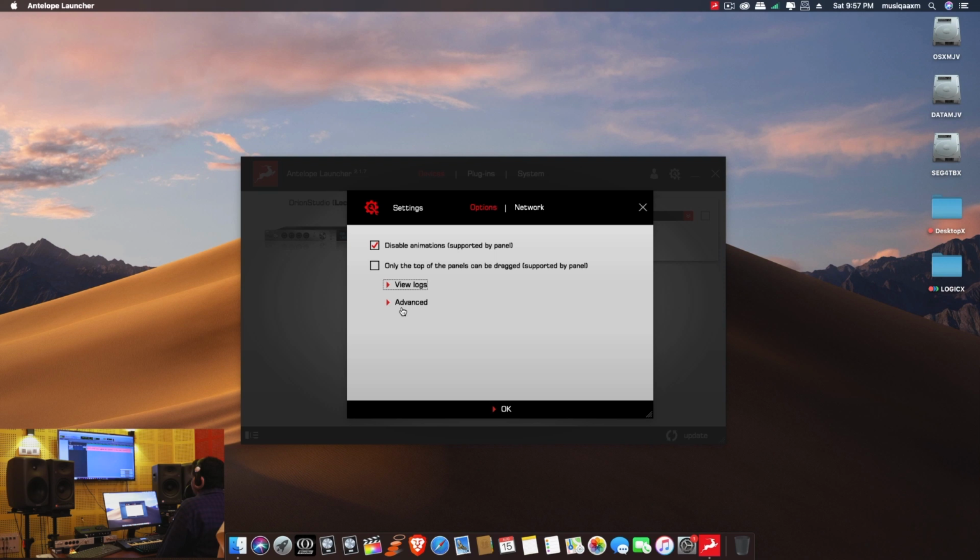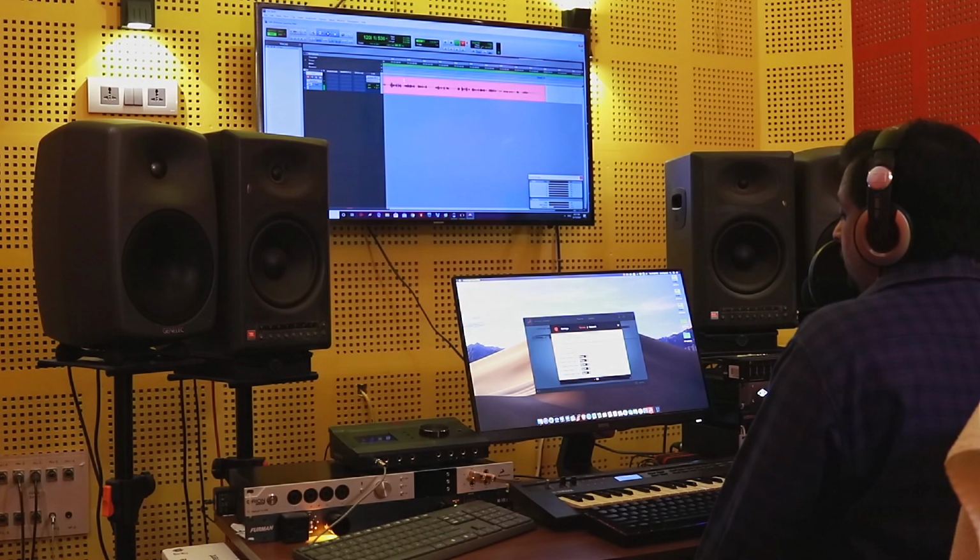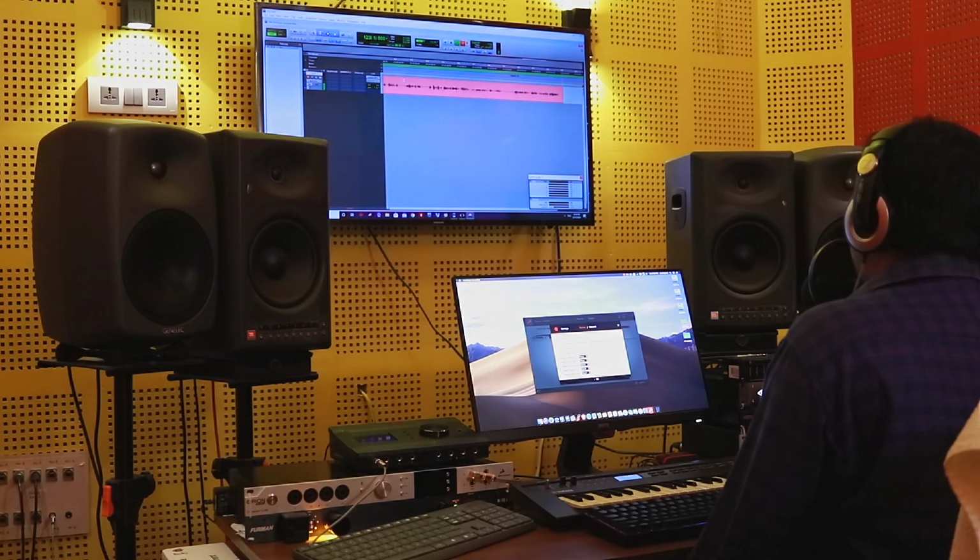Next we have some advanced options. In these advanced options, I have turned off everything. Normally if you update your launcher, or if you are doing a fresh install, it will be in the on position always. I prefer to turn off everything because my device has all the updates. The device is fully filled with the available effects, and it's pretty much saturated. So I don't need any updates, and the device is working fine.